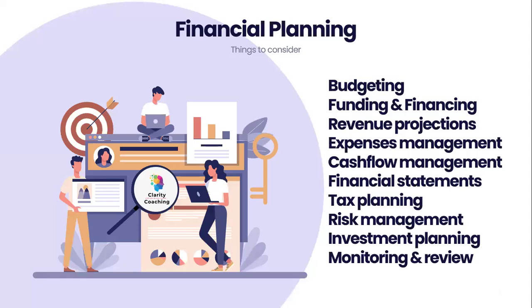Okay, what about financial planning then? Financial planning is really critical for the success and sustainability of your business. And here are some steps that I think you should be considering when you're looking at your financial planning. So the first one we've got on here is budgeting. I think you need to create a detailed budget that covers any costs, such as equipment, licenses, maybe legal fees, marketing, anything that you need to make sure that your business is up and ready to go.